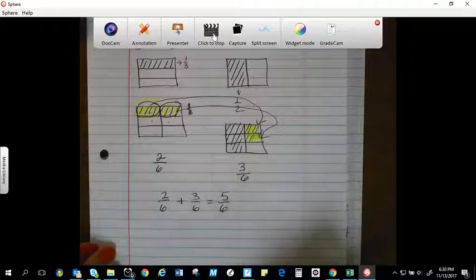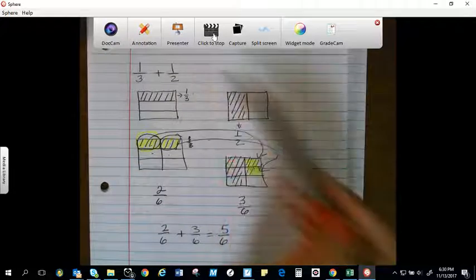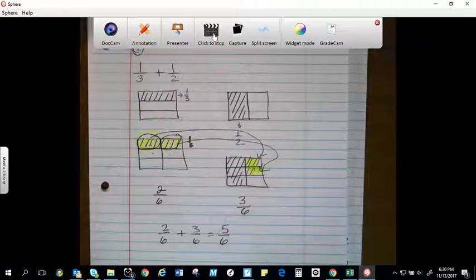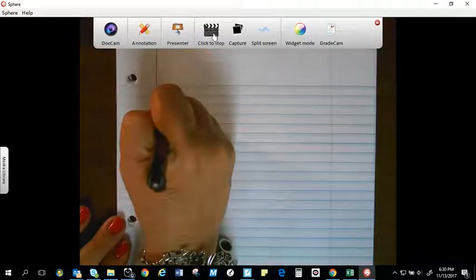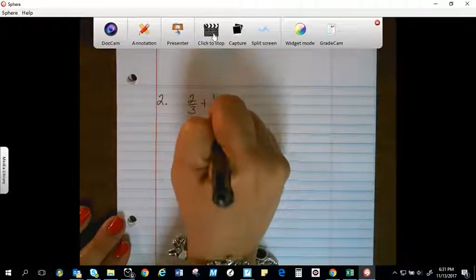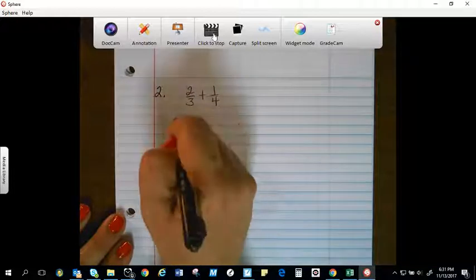Okay? So that was for the equation 1/3 plus 1/2. That was number 1. Let's take a look at number 2. Number 2 is 2/3 plus 1/4. Well, I need to create a design. I need to have 3 equal parts. My denominator tells me the total number of equal parts that I need to have. So I need to draw out